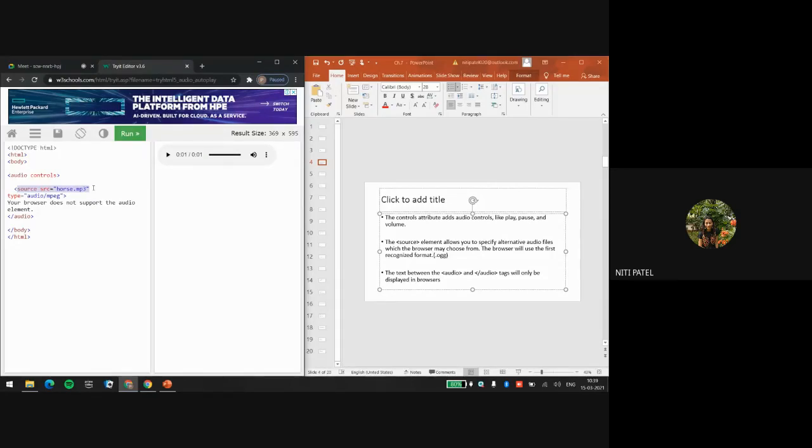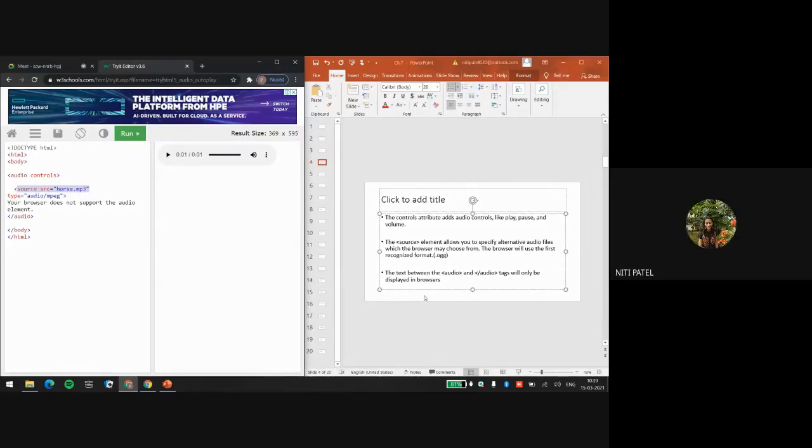But when you run the web page, you can see only one audio file, and that audio file is automatically selected by the browser. It may happen that if I select Chrome, Chrome runs MP3, but Mozilla Firefox may select the .ogg file for executing the audio. So this depends upon the browser, and we cannot say which audio will be selected. If you want to know specifically, write only one particular format and let the page execute that audio in that format only. Is this understood?